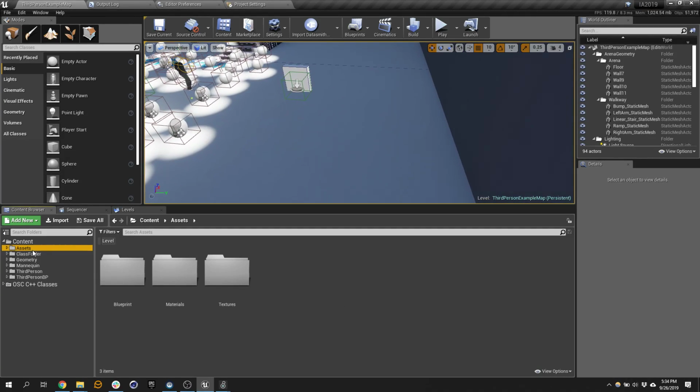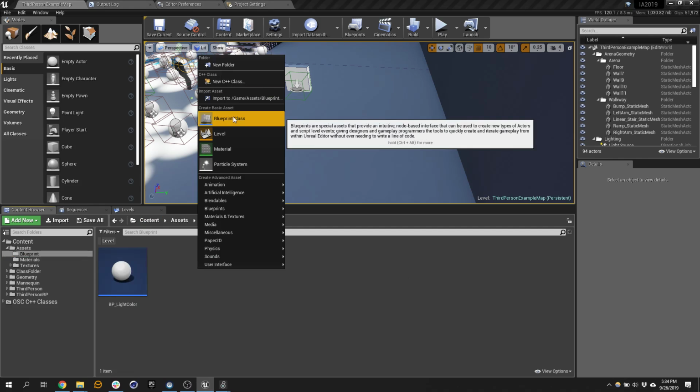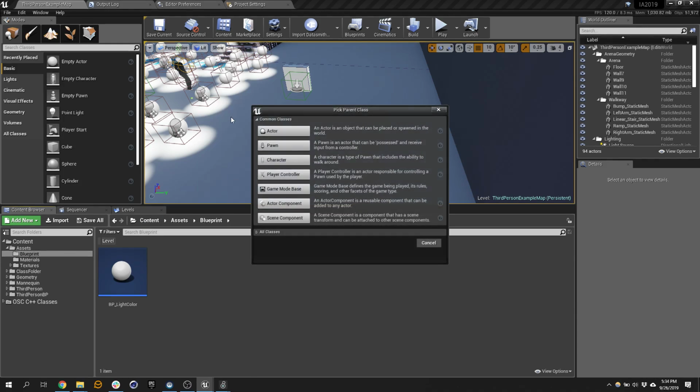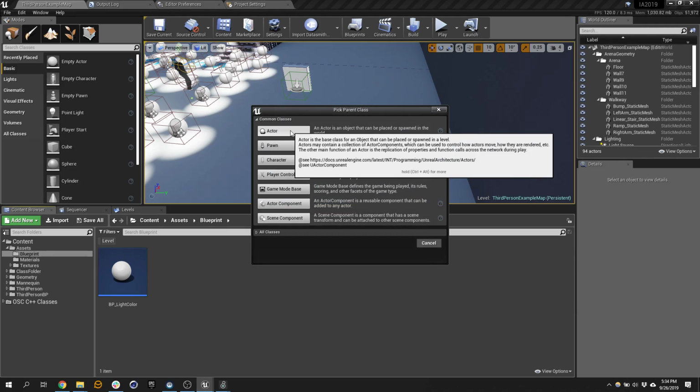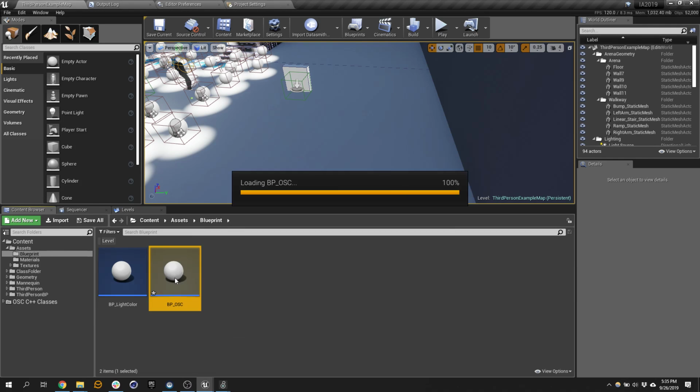I'm going to go talk about asset management, right? We have our assets folder. That's where we keep all the things we make. If we buy marketplace content, it'll go to other root folders underneath our content. Right? These are two ways of navigating the same folder layouts. And I'm going to go into my blueprints, and I'm going to make a new blueprint for an actor, right? Just a generic one, and call it BP OSC. Blueprint for Open Sound Control. And because my plugin works,